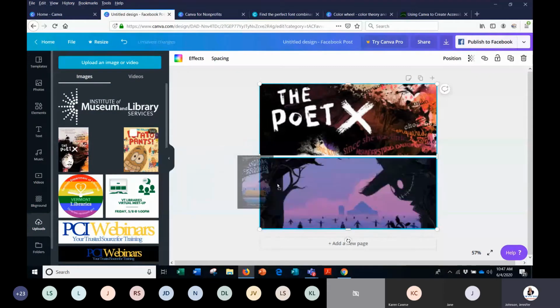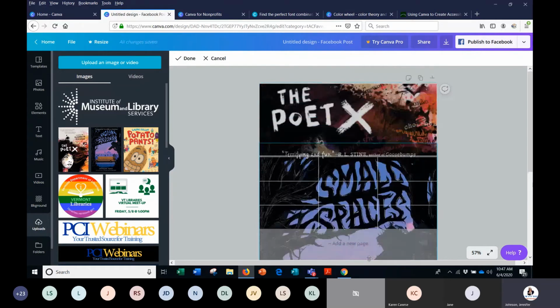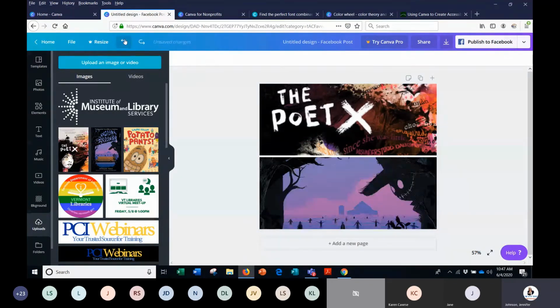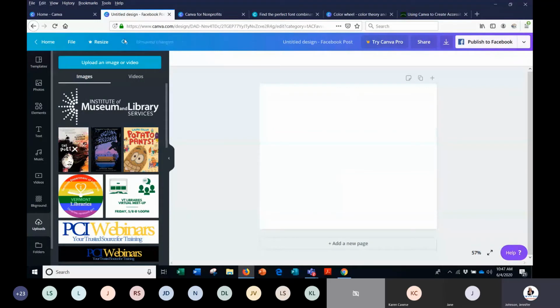Okay, this doesn't look great, but for example's sake, you can just drag and drop them in and it will set them up in this grid. If you click on them, you can move them to show what you want in the design. I'm going to undo that. And you'll see at the top,